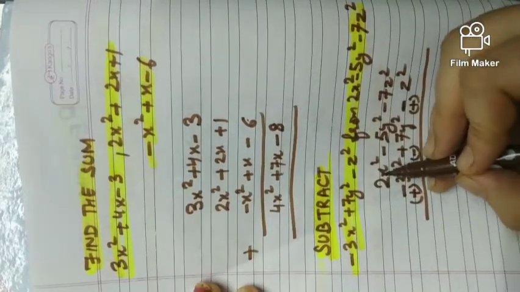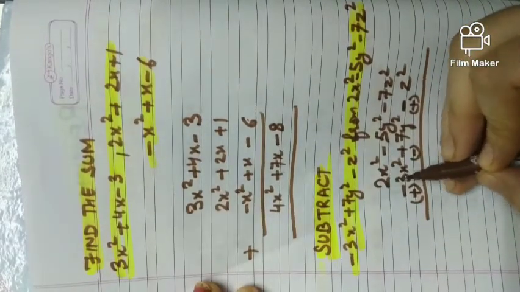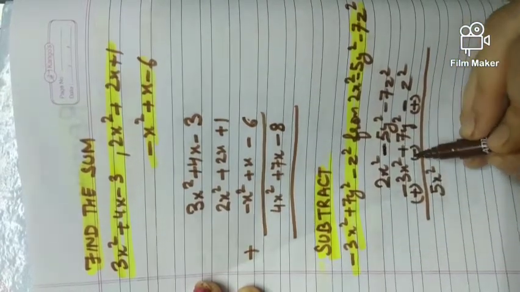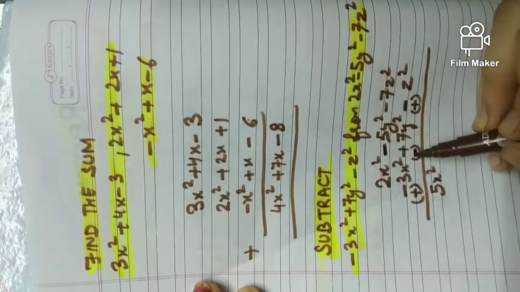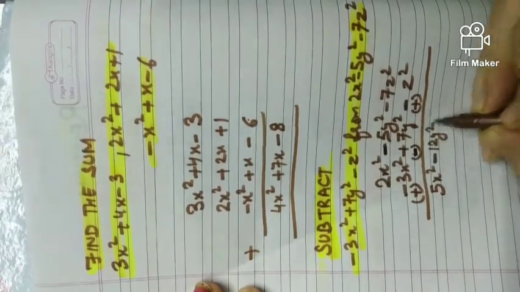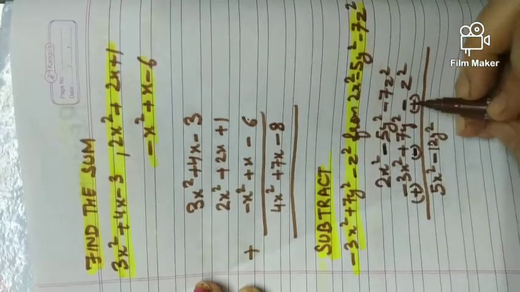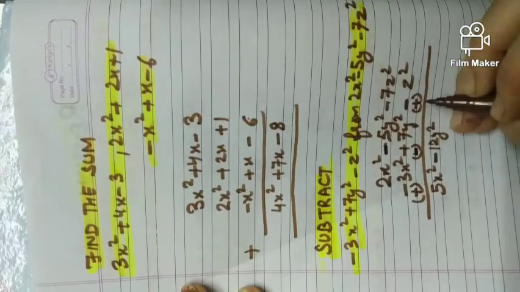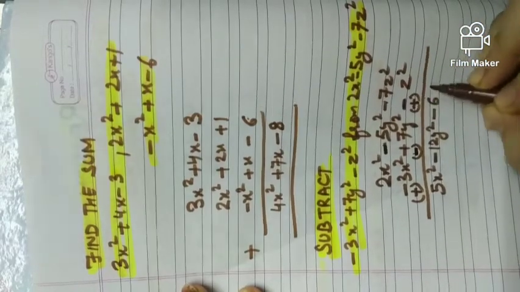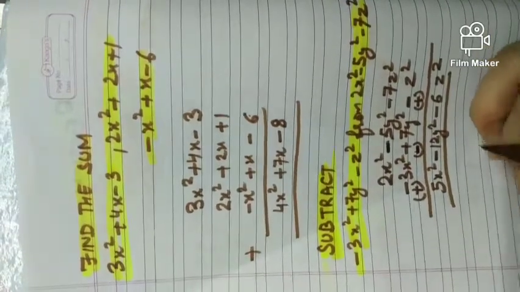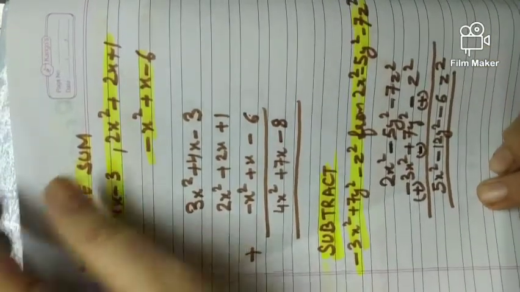You have to take now these new signs which are written in bracket. So 2x square plus 3x square means 2 plus 3, 5x square. Beta, these are now the signs of the bracket you have to take. Minus 5 minus 7 means minus 12y square. In this, minus 7 plus 1 z square, so minus 7 plus 1 will be minus 6z square. So like this we can subtract the algebraic expressions.